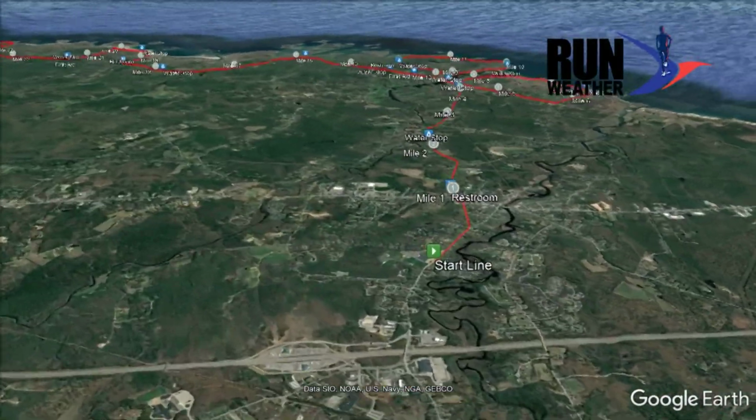Let's talk about the marathon course for the Shipyard Maine Coast Full Marathon. It's coming up on Saturday, and this is a point-to-point course. You go from Kennebunk up to Biddeford. On a day like Saturday with the wind out of the west and then the northwest, you're likely to have a bit more headwind than tailwind, but you will start the race with a nice tailwind for several miles as